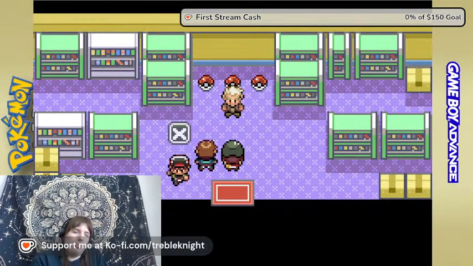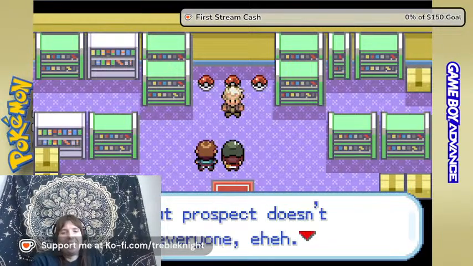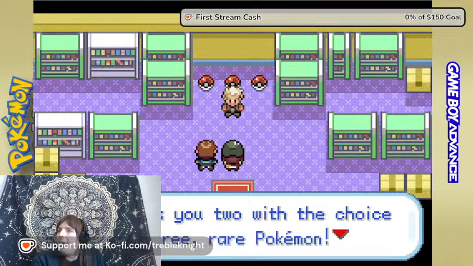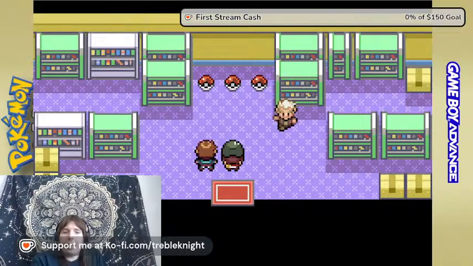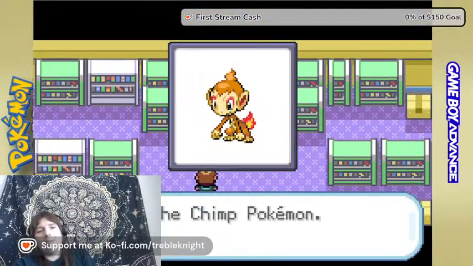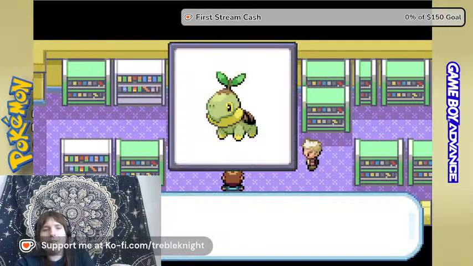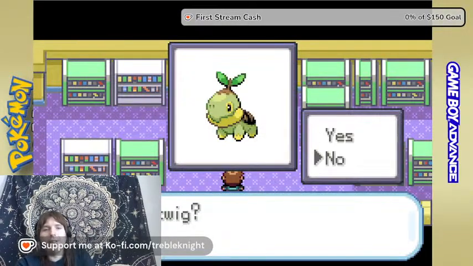I guess we can't have all three Pokemon be chosen. So we get to pick one of the Gen 3 starters. I don't know how much I should talk about the actual gameplay here.